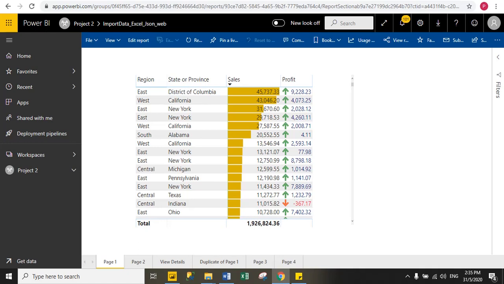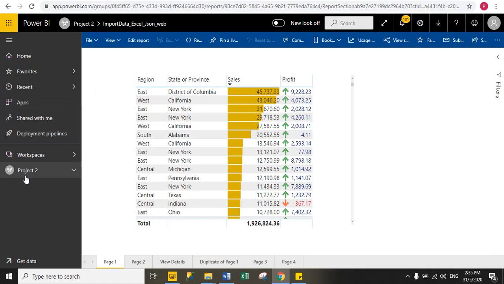Hello guys, today I will explain how you can export your Power BI report pages to Microsoft PowerPoint. So you can see here I published one report to Power BI Cloud and I already logged in to my Power BI service account. This is URL app.powerbi.com. So firstly you have to create one report and then publish that report to Power BI Cloud.